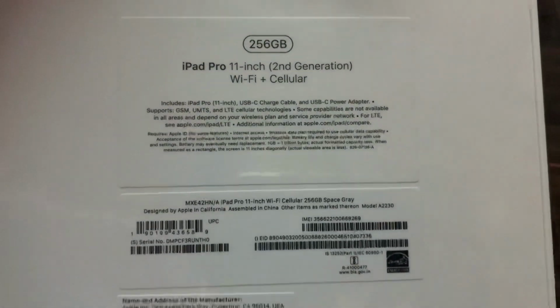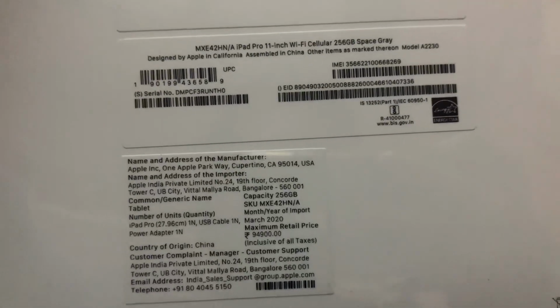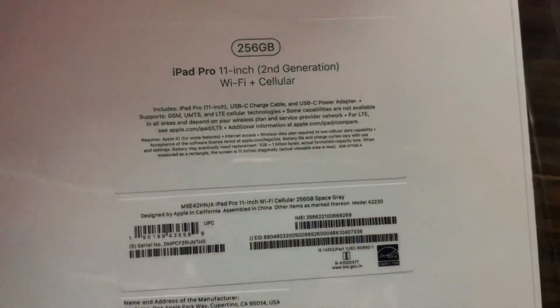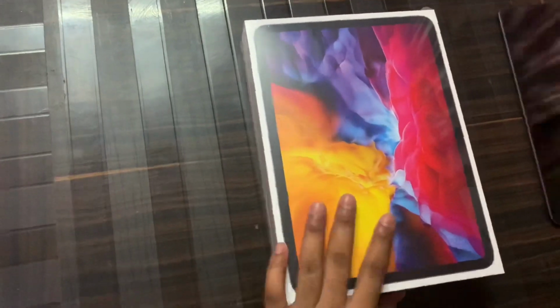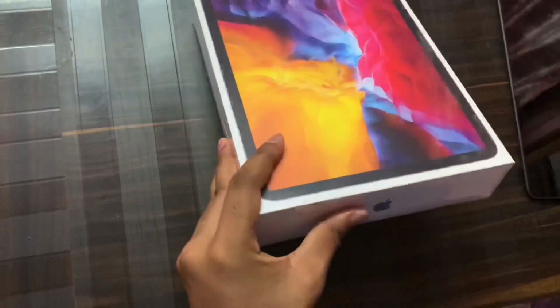11-inch version. This cost me around 94,900 without the pencil. Pencil is not in stock. I pre-booked it. It will take another week for arriving. So I had the iPad Air 2019 before, but I'm planning to switch over